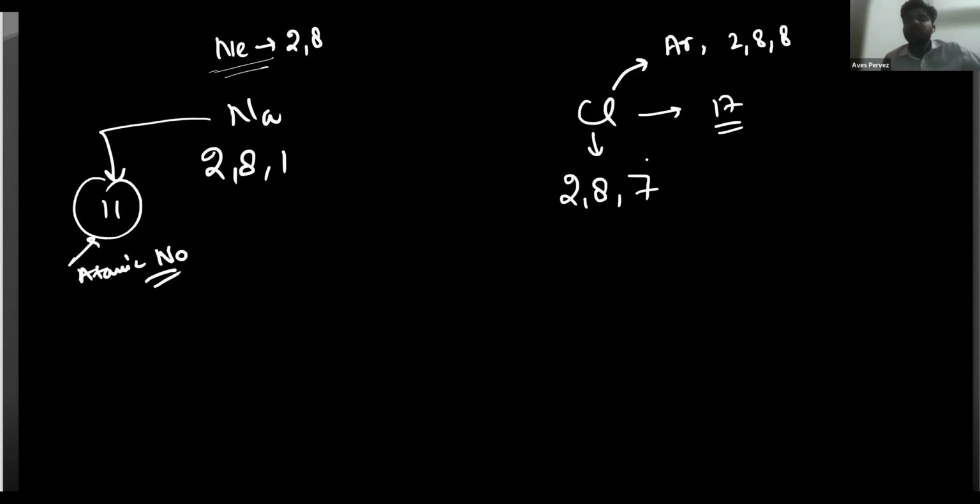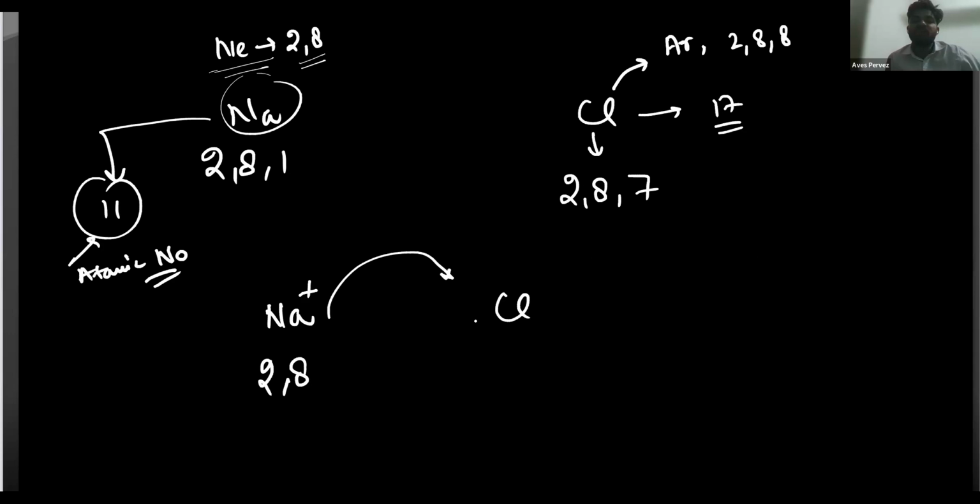So chlorine wants the configuration 2,8,8, and sodium wants to become 2,8. Sodium wants to lose an electron, and chlorine wants to gain 1 electron. So what would happen here? Sodium will lose 1 electron, form 2,8, and acquire a positive 1 charge. Similarly, chlorine is going to gain this electron. Sodium is permanently losing and giving 1 electron to chlorine, and it will form 2,8,8. So here, both of them are going to